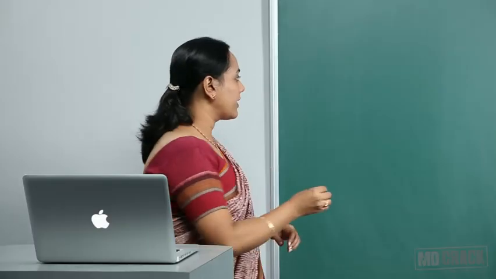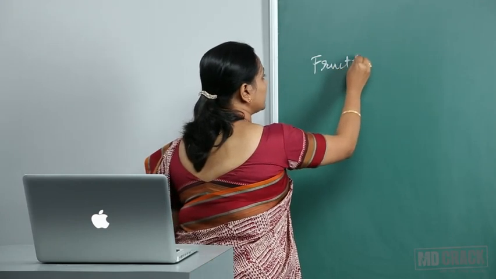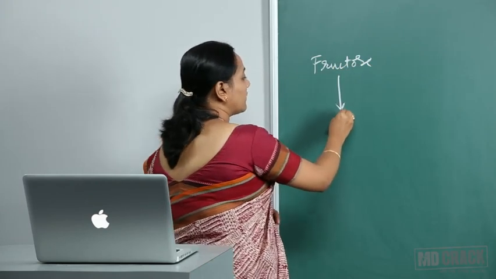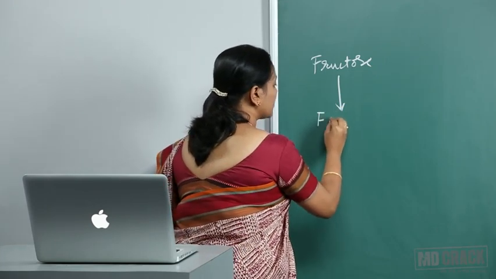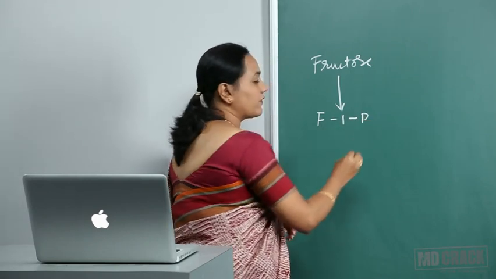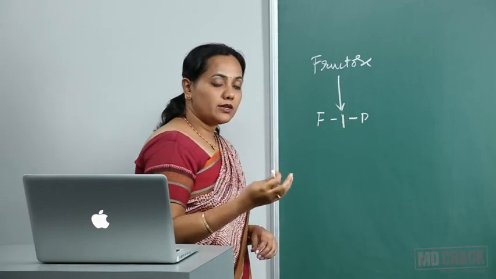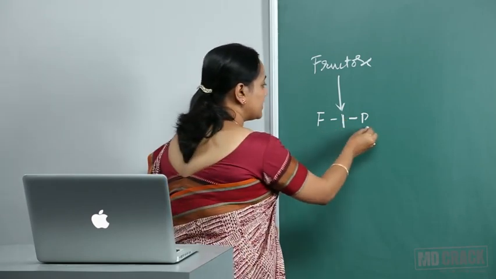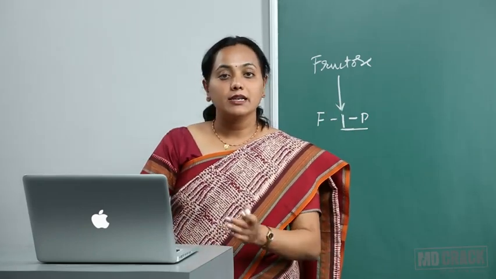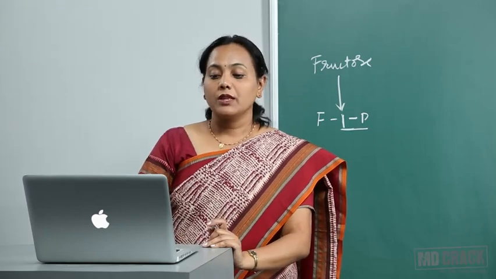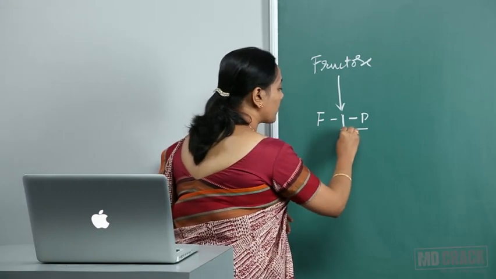I will just be writing it out for you. The first enzyme is fructokinase. It converts fructose to fructose 1-phosphate. Look at the difference: hexokinases and the like convert glucose to glucose 6-phosphate, whereas here fructose is converted to 1-phosphate, and the enzyme is fructokinase. A kinase again requires ATP. Now, once fructose 1-phosphate is formed, it is broken down